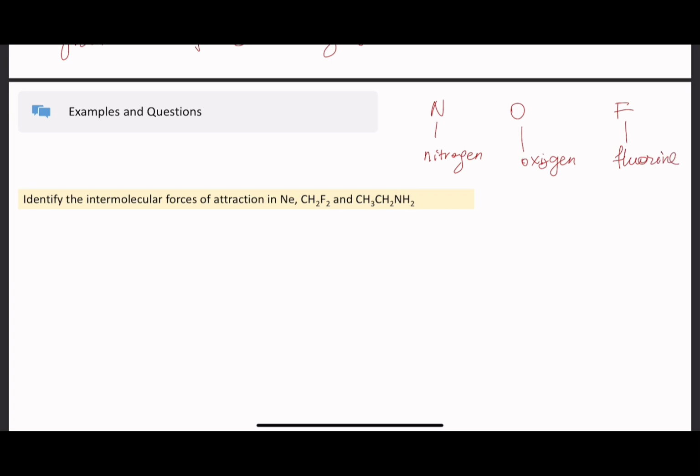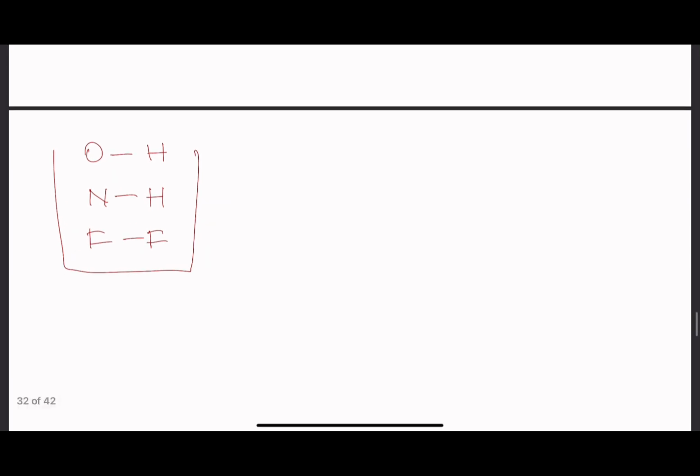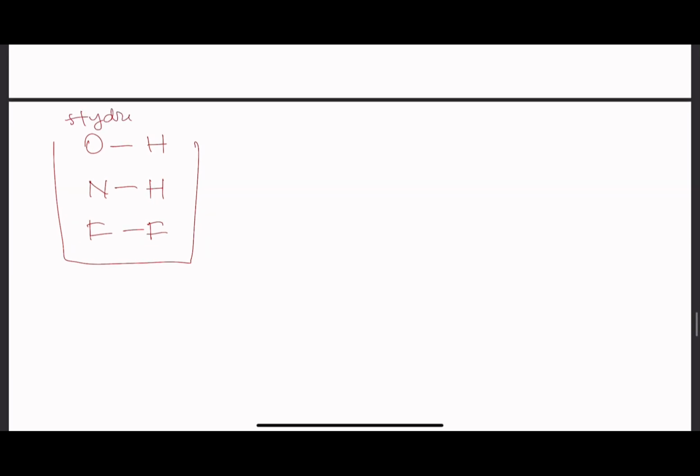And this happens like this. I'm going to show you here. So I need to have a bond of OH, or a bond of NH, or a bond of FH. If I don't have this, I don't have hydrogen bonding. So this is needed for hydrogen